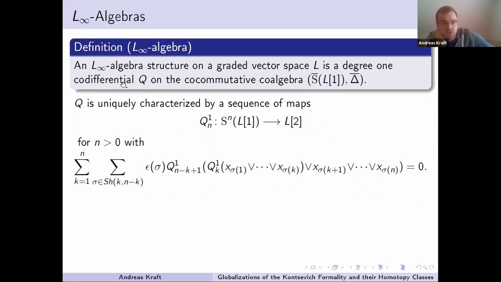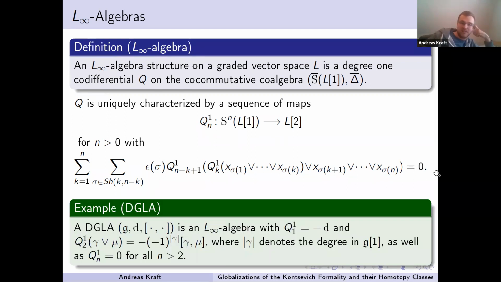And the fact that it's a codifferential, so that it squares to 0, leads here to some equations for these structure maps. By these indices of the maps, I always indicate on which symmetric orders they live. So this maps from symmetric degree n to symmetric degree 1, and so on. And well, the example we are interested in, in the information quantization, we will only consider DGLAs, never L-infinity